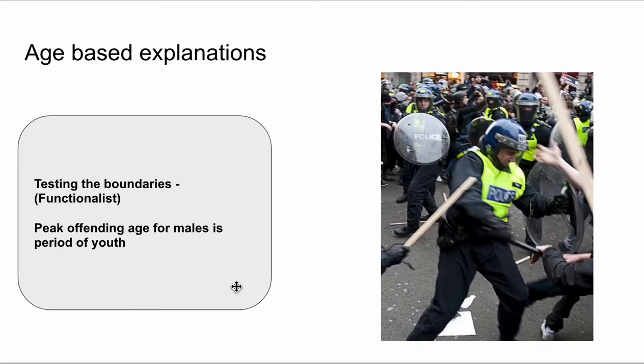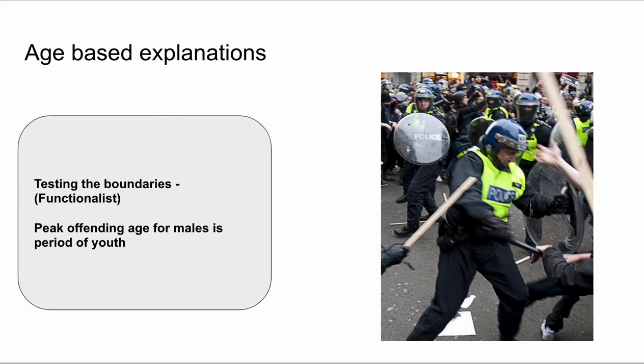In terms of age, most of the rioters were young, which links with the peak offending age for males and females. Maybe this is a case of, functionalists talk about youth being a period of testing the boundaries. Perhaps this supports that. You could talk about the riots as an example there. Also, linking to official statistics and the peak offending age for males and females being the period of youth. You could even talk about the riots if you had a question on official statistics, that's backed up by the